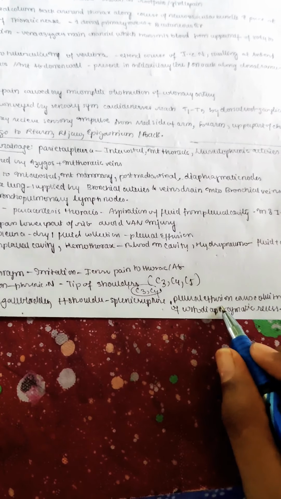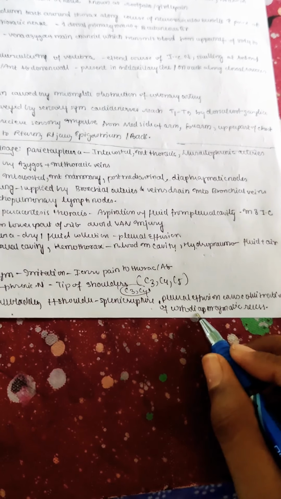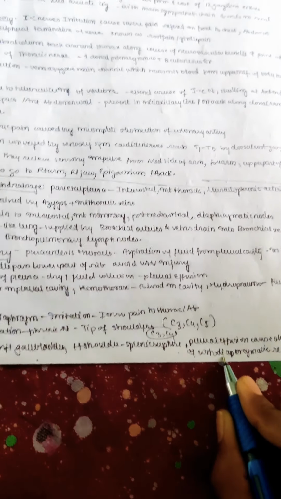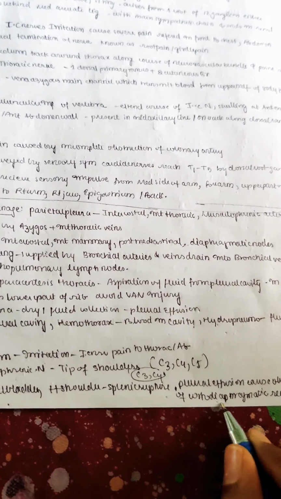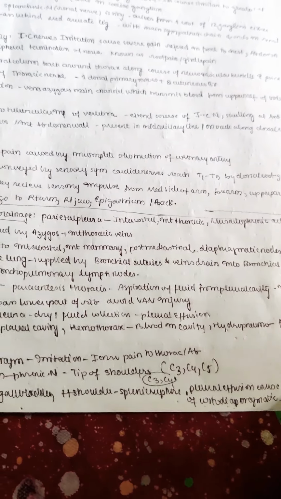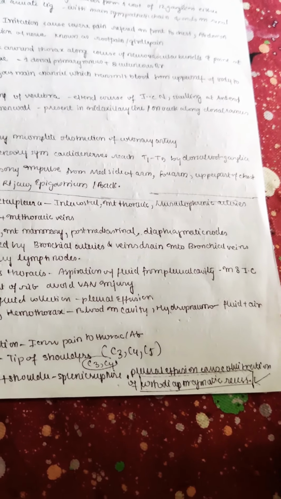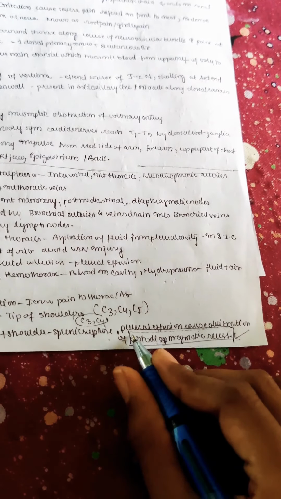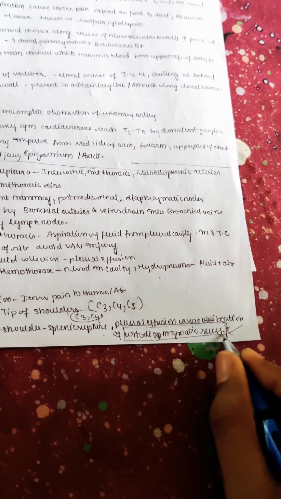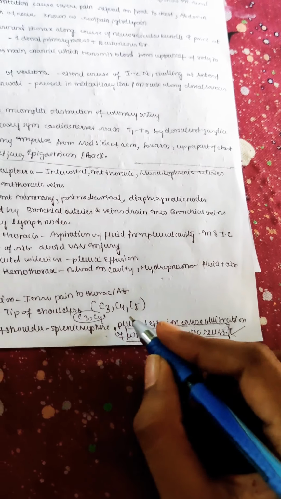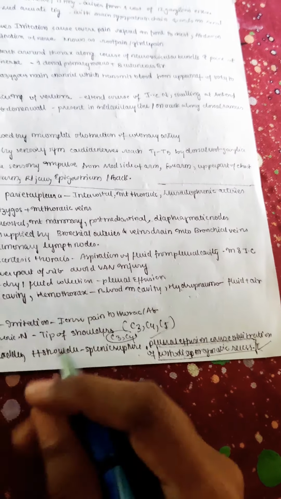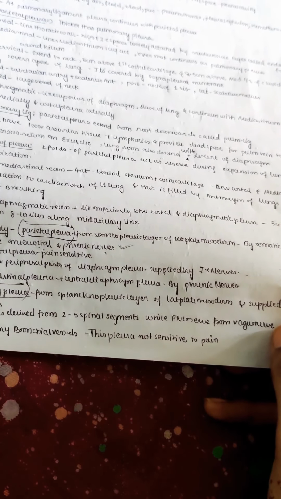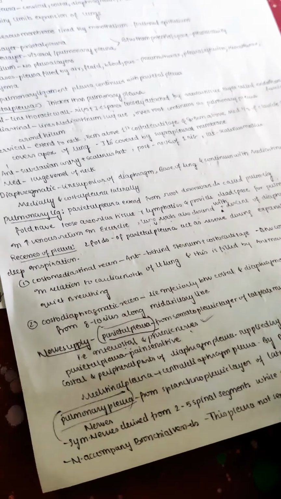Pleural effusion mainly causes obliteration of the costodiaphragmatic recess. The main space where the serous fluid accumulates is the inferior part, or the base of the lung, which is near the diaphragm, and this is called the costodiaphragmatic recess, where the highest amount of pleural effusion is seen. So this is all about our thoracic cavity and pleura. Next we'll start with the lungs.